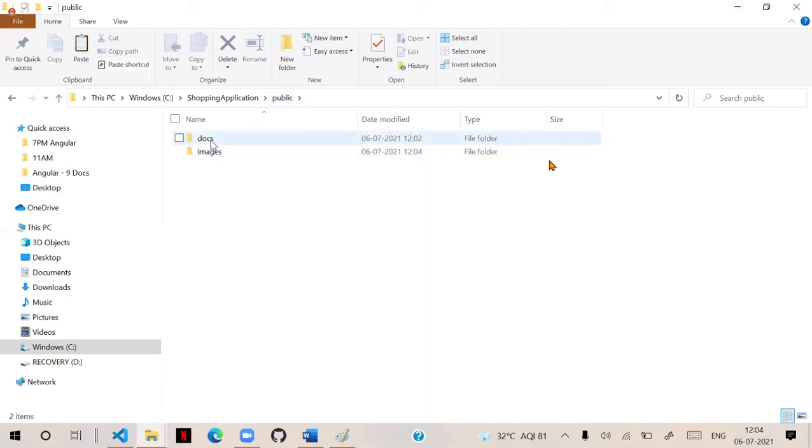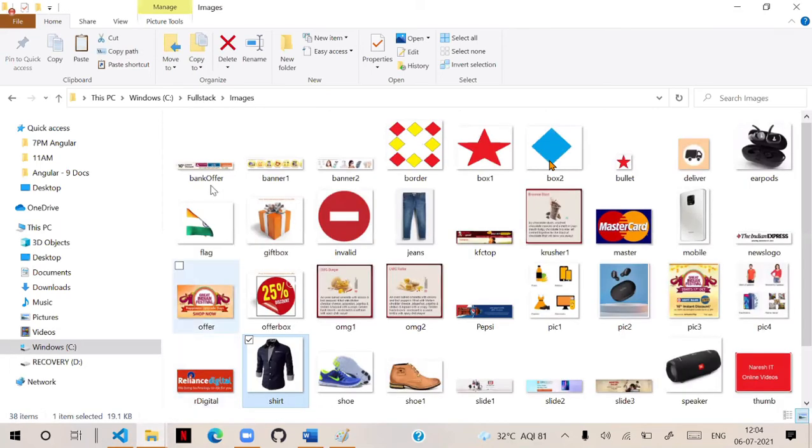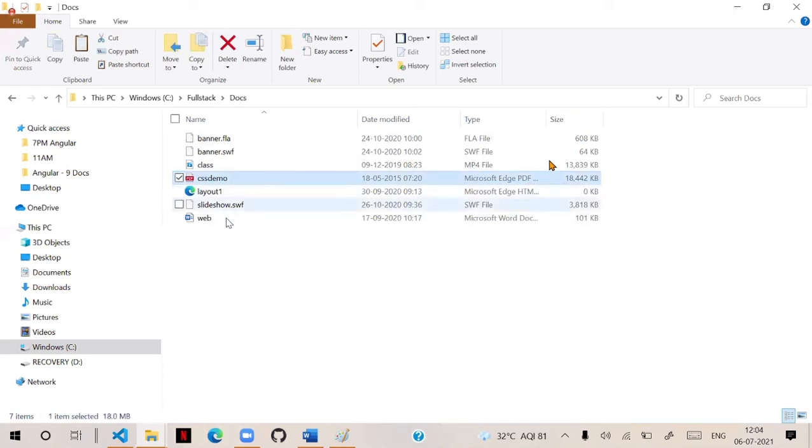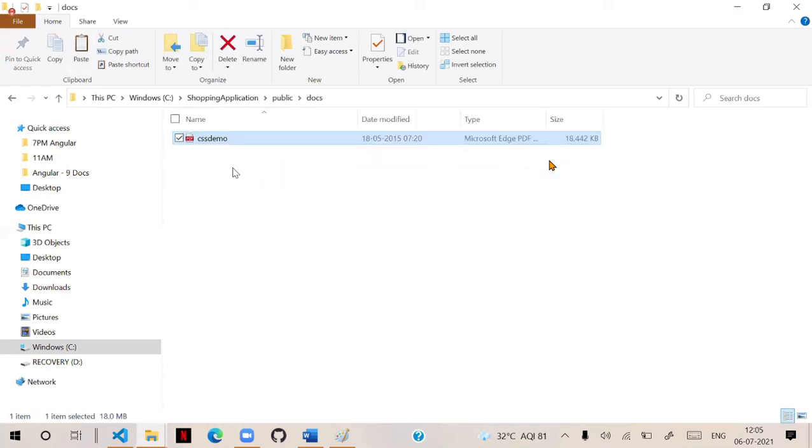Similarly, in the docs folder, suppose in my computer I have some documents. Suppose there is a PDF document, CSS demo. I will keep that PDF document inside it. PDF document or text document, anything you keep there. So here one file I kept.